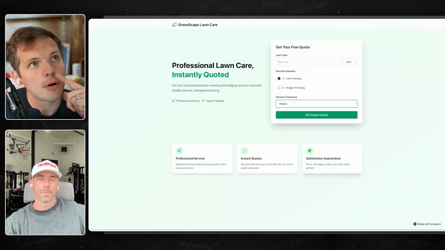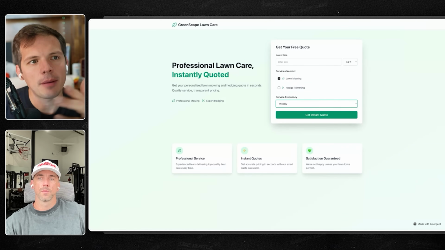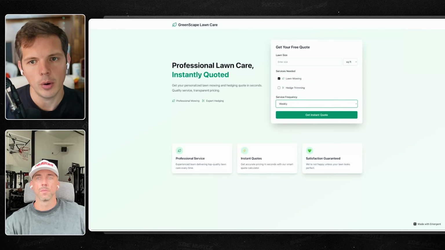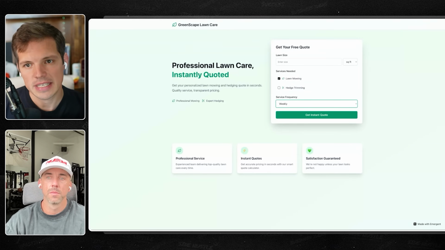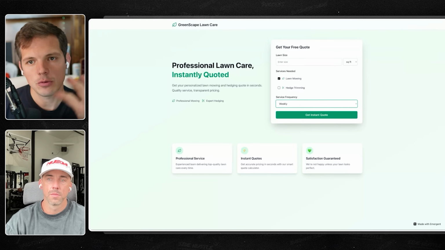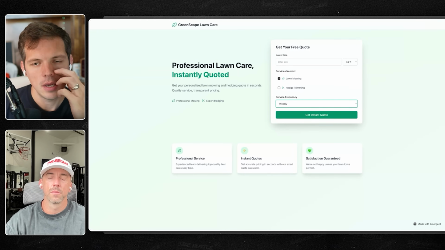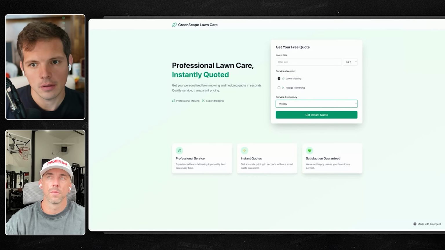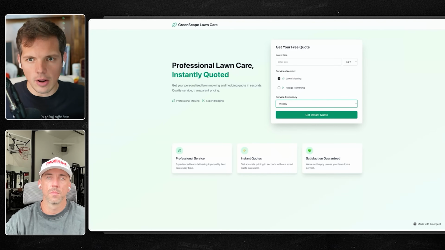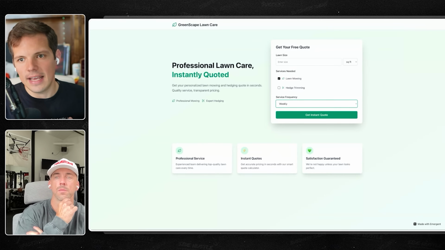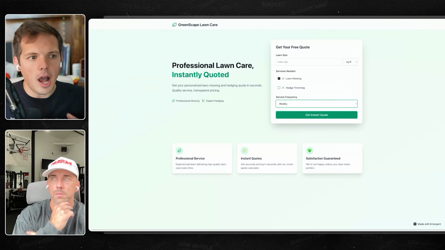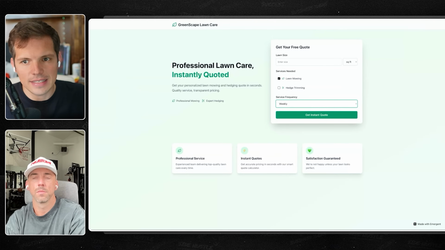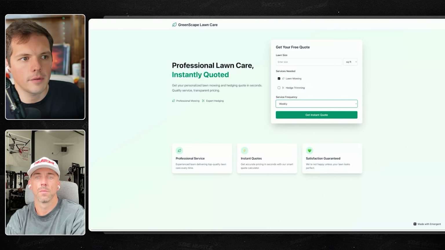Whereas the approach I'm taking is kind of like missed call text back, right? You're mowing the lawn, someone calls you or someone texts you. And this would be an additional automation we'd have to build probably outside of Emergent. But if the phone isn't answered at all, and if the text isn't answered in 5 minutes, then auto text a link to this and say, so sorry, I'm actually mowing a lawn right now.